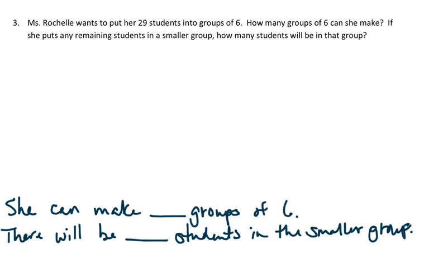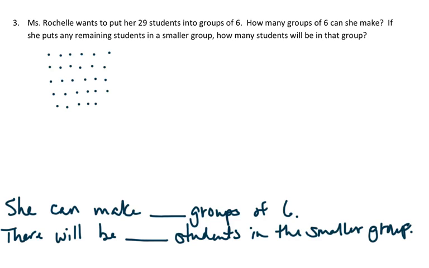Okay, so what the students can do to solve this problem is, I know that I have 29 students and I'm putting them in groups of 6. So I can do an array, so I can do 1, 2, 3, 4, 5, 6, and then continue counting. 7, 8, 9, 10, 11, 12, 13, 14, 15, 16, 17, 18, 19, 20, 21, 22, 23, 24, 25, 26,